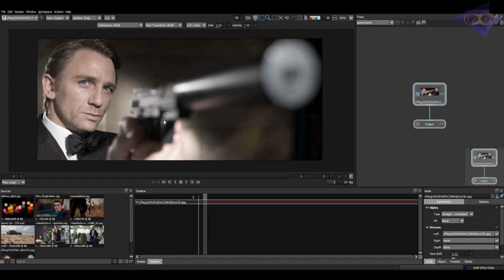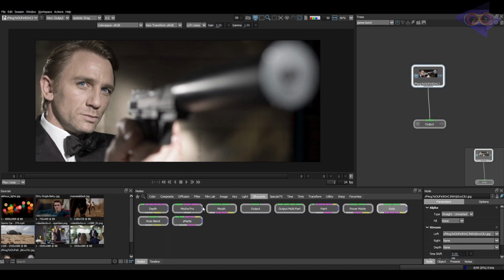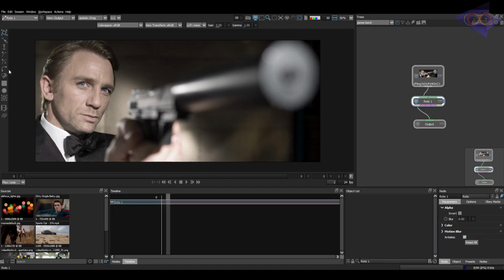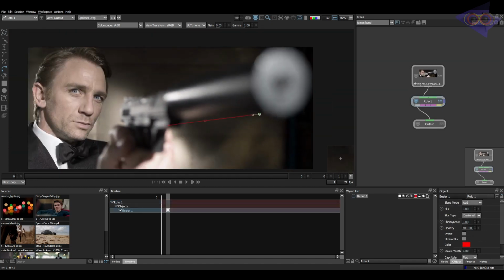Okay, here we have a different kind of defocus, and you can see the defocus is traveling from one edge of the shot to the other. Let's suppose in this shot you can see over the screen right, you can see complete defocus in the object. So in this shot what you can do is split the shape, or use a mix of all the techniques which I taught you in this tutorial. So I'm going to take the roto node and draw a shape here. I'm going to split the shape according to the anatomy of the gun. A gun will never be like this, right? A gun has its own shape. I'm going to draw a shape like this here.